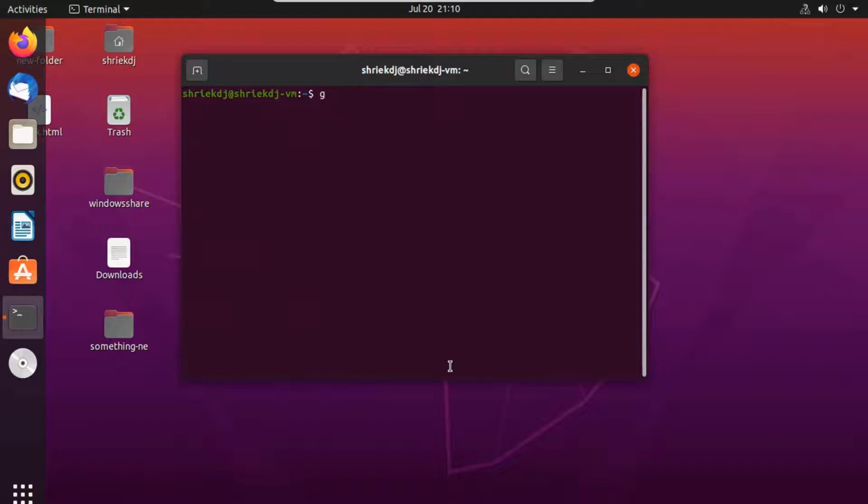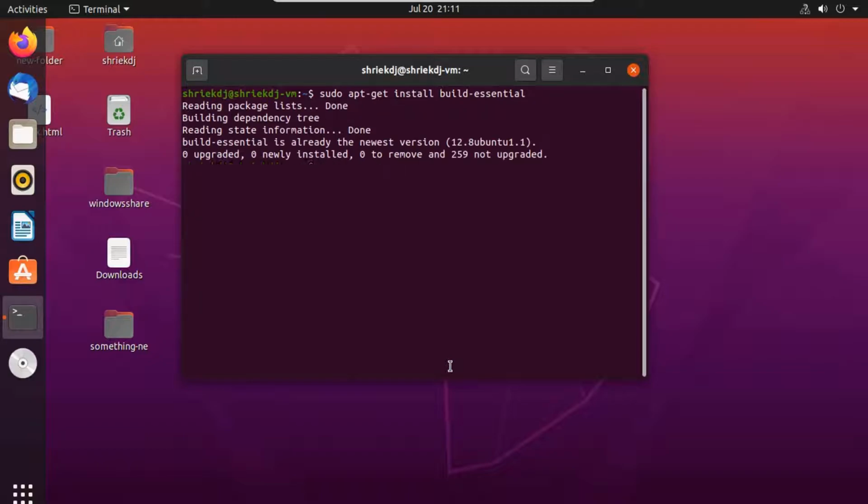After clearing, we have to install the GCC and G++ compiler. Now it's easy, we just have to add this line: sudo apt-get install build-essential, and hit enter.